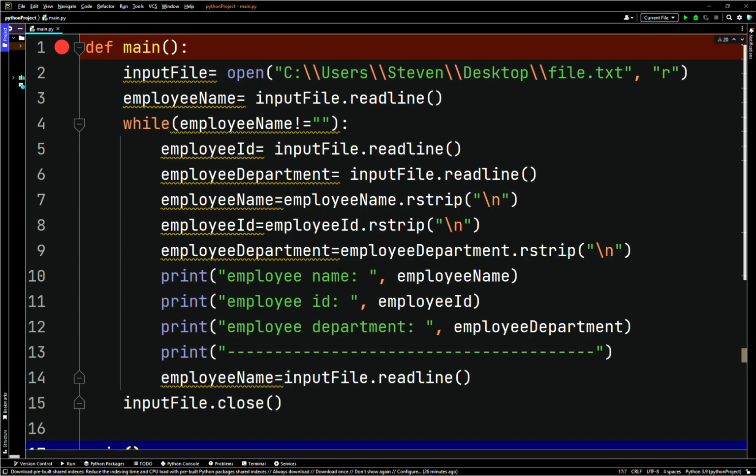So instead of reading the whole file at once, you can process it line by line and search for different information. For example, here we checked if employee name was empty. Employee name was the first line in the file. We checked if that string was empty, which meant this basically just checked if there was anything in the file. So there was data in the file. There were strings in the file. Then we knew how the file was laid out, so we decided to just retrace everything we did backwards, basically. We stripped the new lines as well,